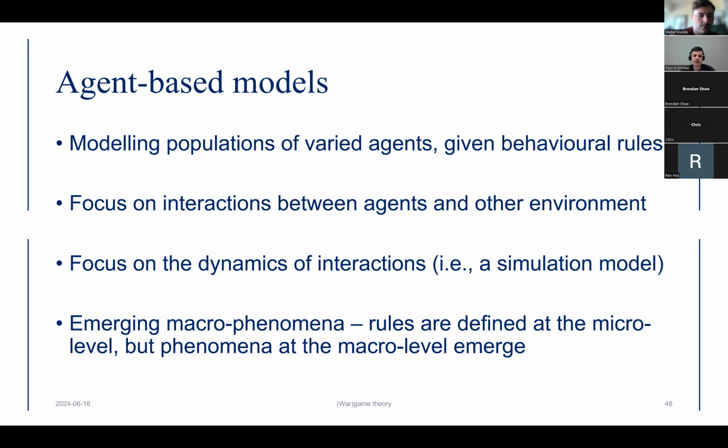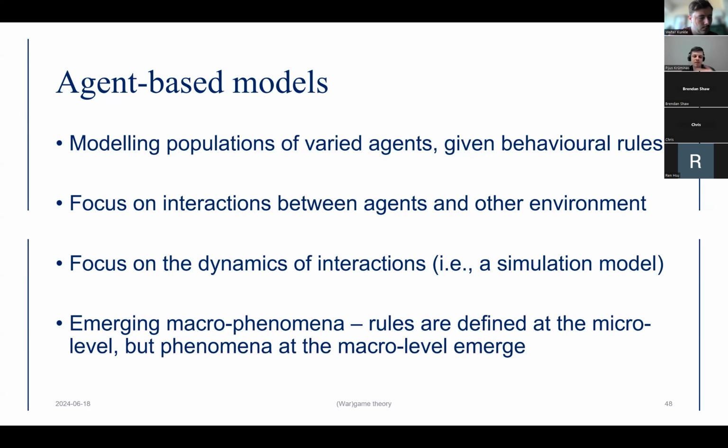Now, the second type of behavioral models that I wanted to talk about is agent-based ones, which takes a bit different view from game theory. Still wants to explain how people behave or how institutions or organizations behave, but instead of taking a representative individual, whether an individual person, country, or firm, this says, okay, there can be many varied agents of the same type, having different characteristics. And instead of trying to find an optimal solution, they are given rules on how they would